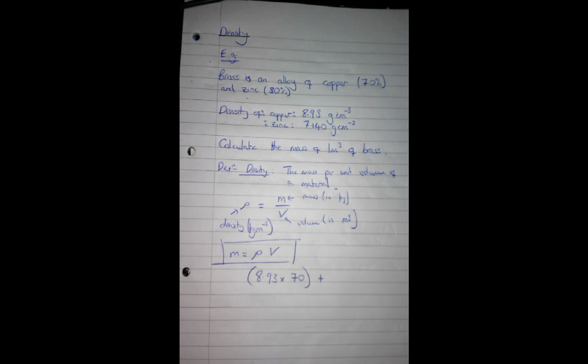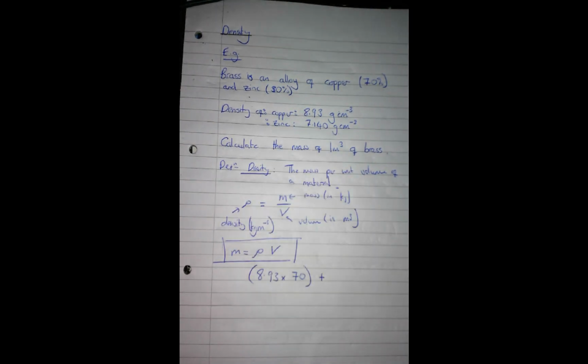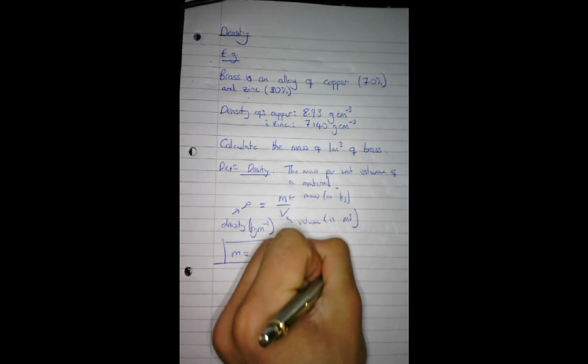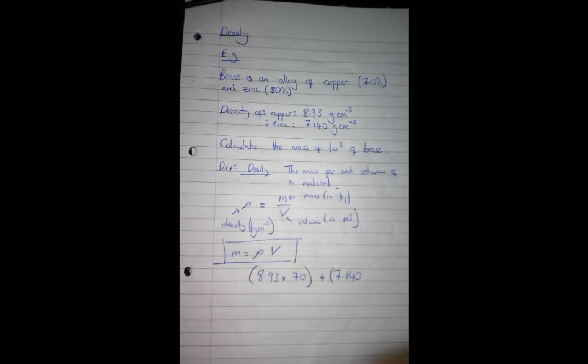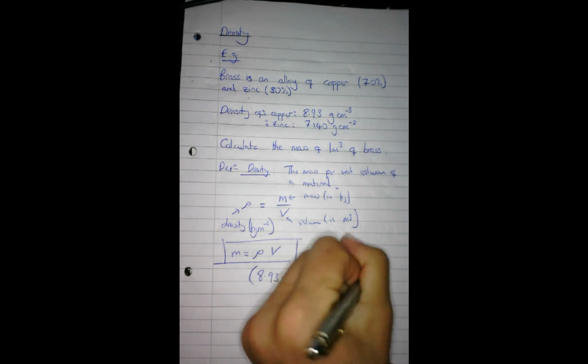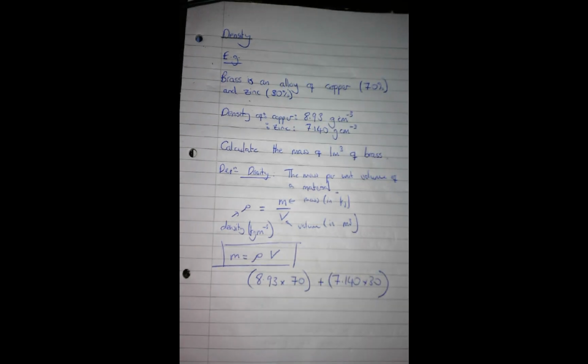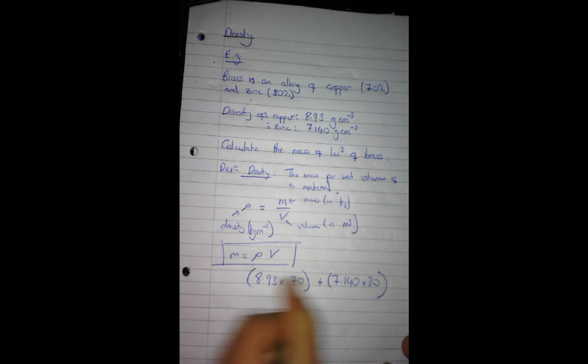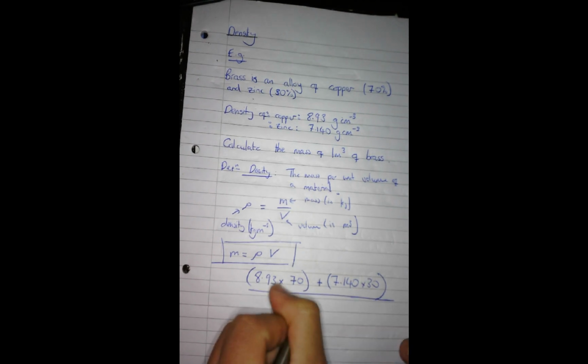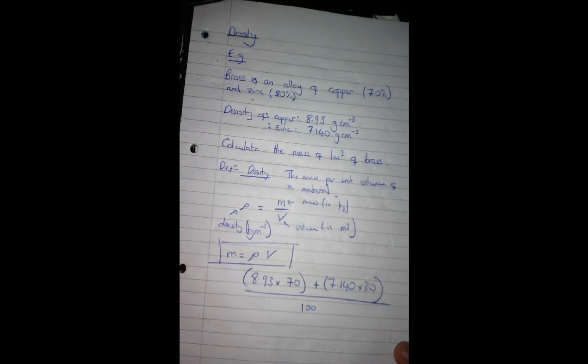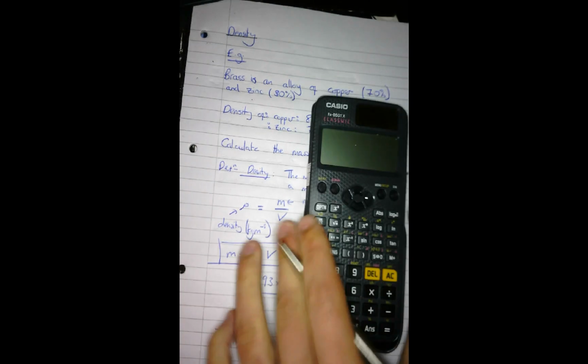But we've also got the remaining 30% being zinc with a slightly lower density. So we're going to do our 7.140 times by 30, and because those are all percent per 100, to get our overall density, we've got to divide that, just as we would for a weighted average in maths, to work out the density of our overall